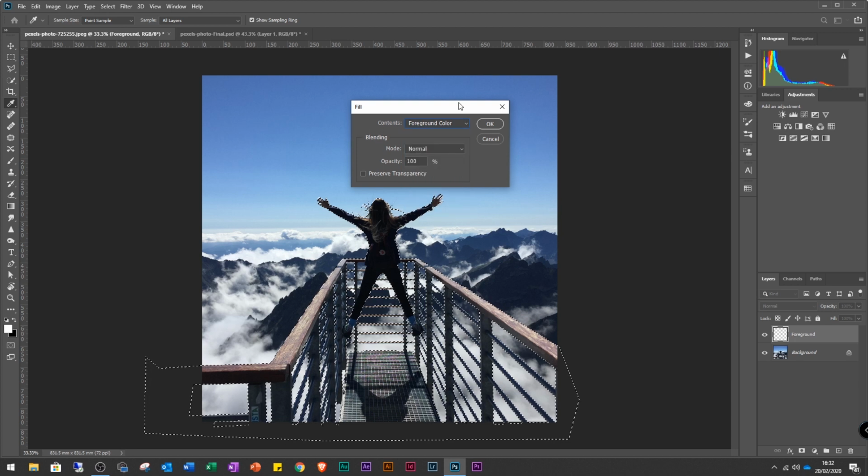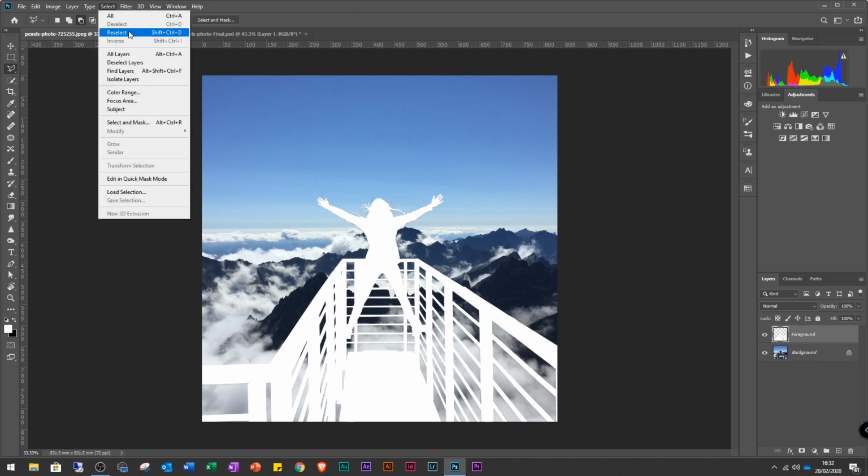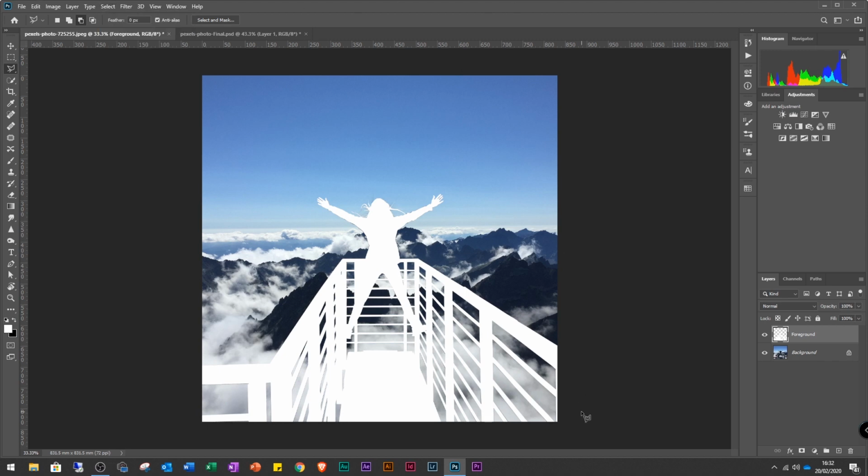In this instance, our foreground color is set to white anyway, so we'll just fill it white, and we're going to deselect. So to deselect, you can press Command D, or you can go Select and then Deselect. Okay, so this top layer, this white, is now our foreground. What we have to do now is create a new background, a new layer with